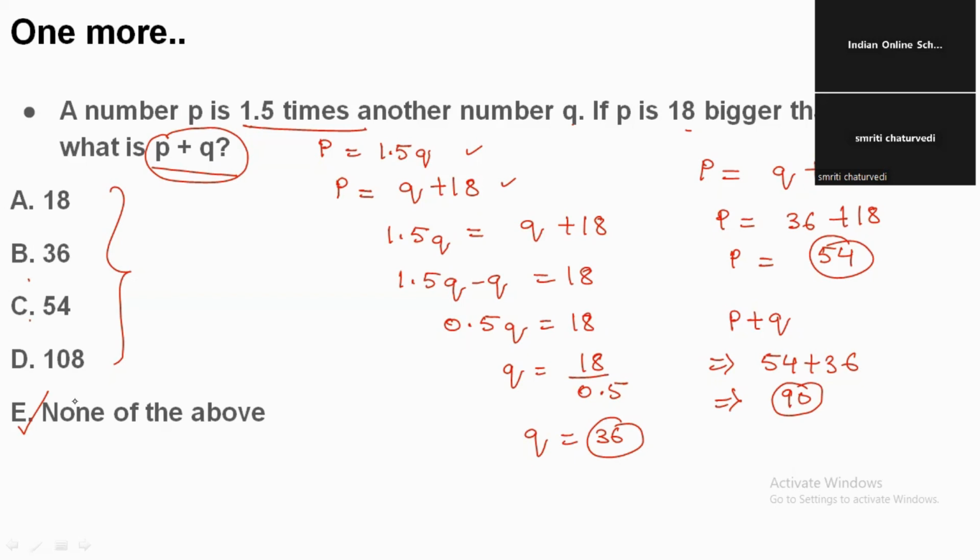I hope that you are getting a little bit of an idea of what an algebraic expression is and what an algebraic